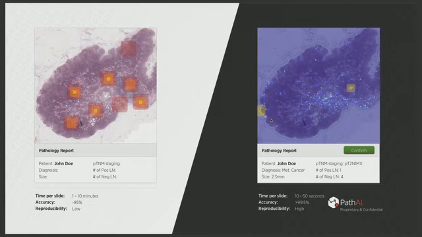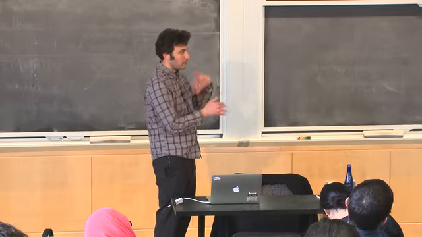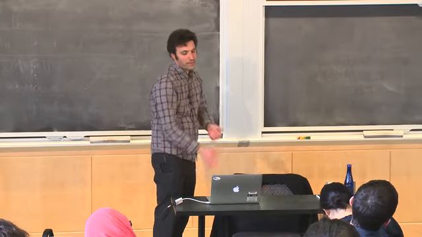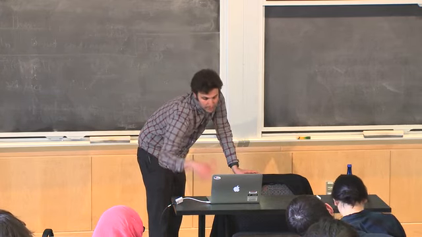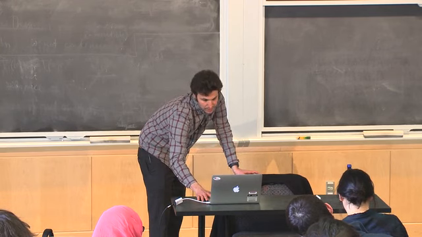This is the kind of thing we're building, where the system will highlight where it sees cancer and tell the pathologist to focus there. Based on the input of the AI system and the input of the pathologist, it can summarize all of that data, quantitative as well as diagnostic, as well as summary staging, and the pathologist then takes this as their first version of the report. They can edit it, confirm it, sign it out. That data goes back into the system, which can be used for more training data in the future, and then the case is signed out. So it's much faster, much more accurate and standardized, once this thing is fully developed, which it isn't yet.